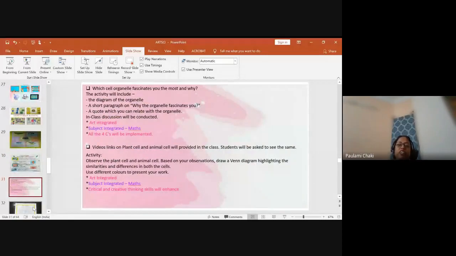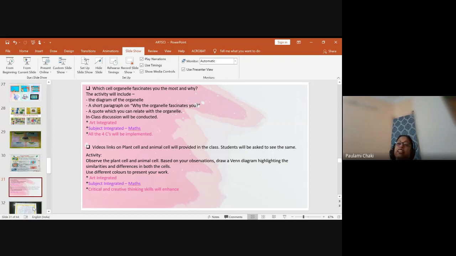Now this activity I planned this year while I was teaching them cell in grade 9. Grade 8 also we can use the same thing in biology. In the class, after teaching some cell organelles, I said, okay, now you have known almost about all the cell organelles. Which cell organelle fascinates you the most and why? So they started giving me answers. We have a variety of tools in our portal through which we teach in school. So I used those, and I asked them to write it on the whiteboard or in the Jamboard. So they came up with this.